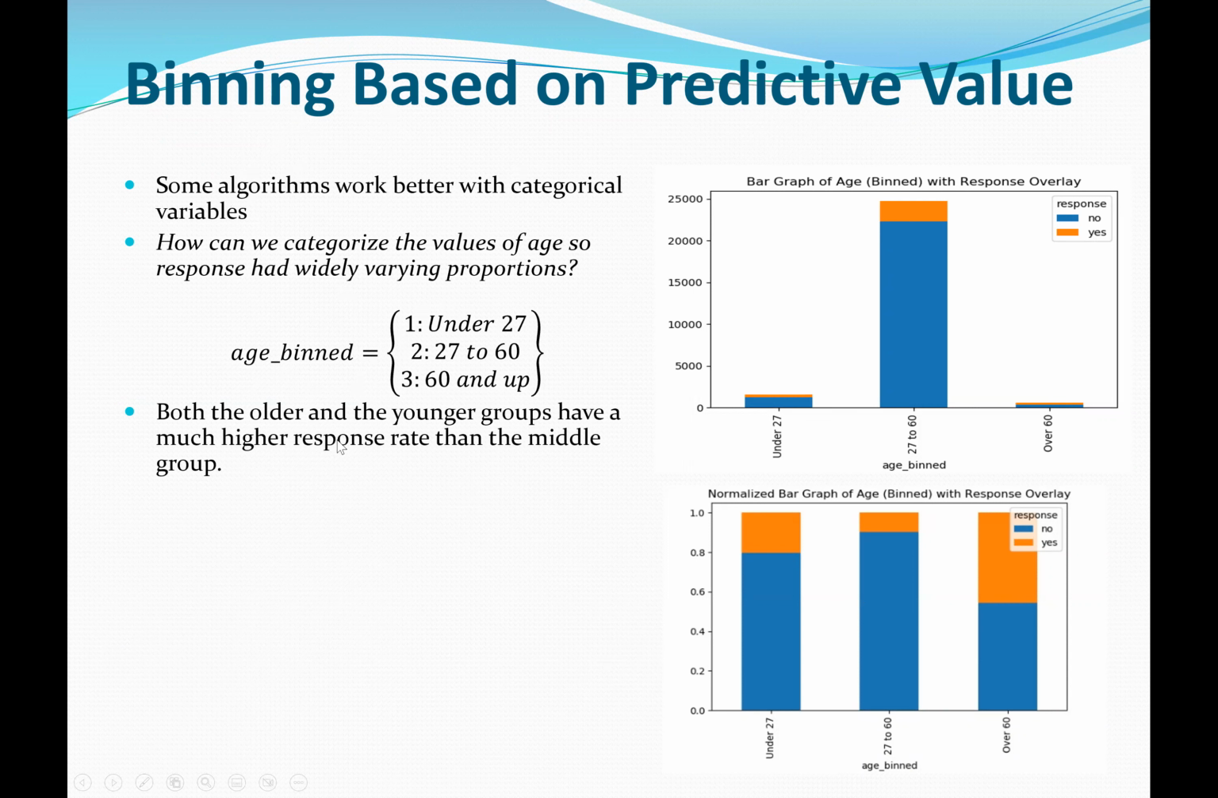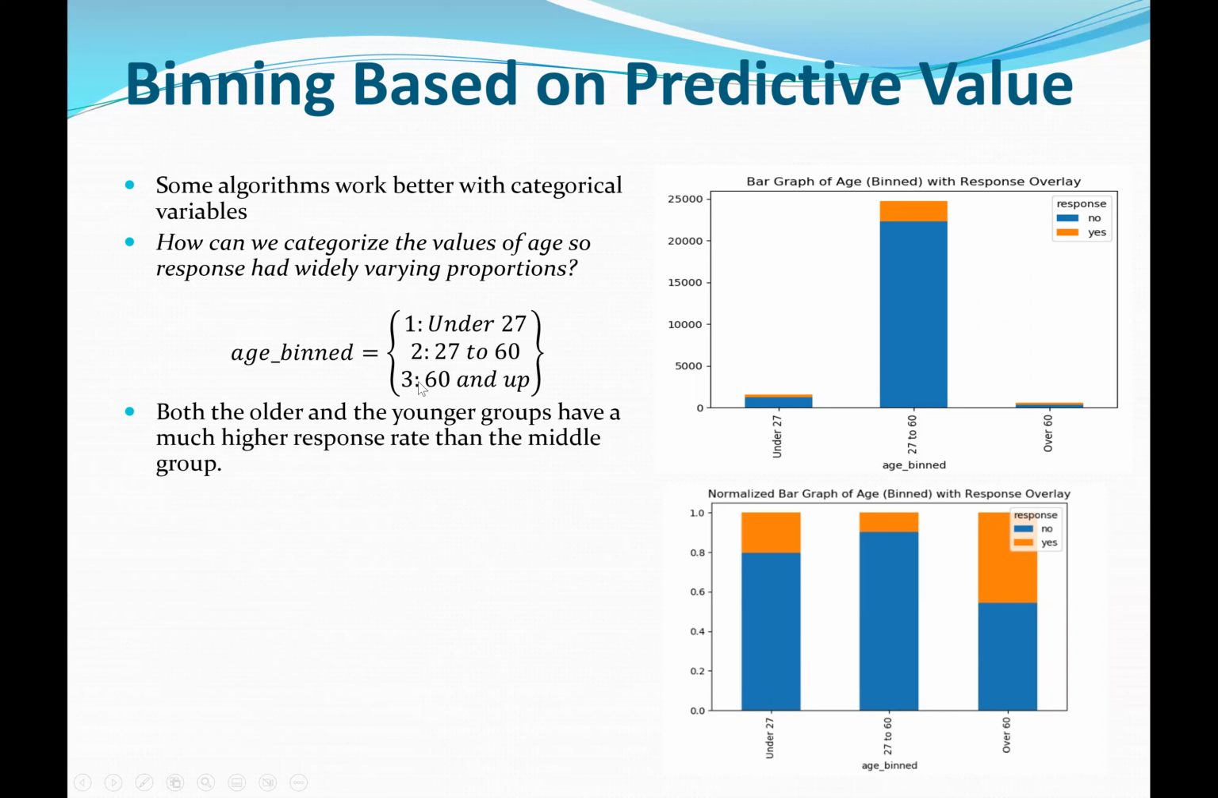So we say some algorithms work better with categorical variables. Now, how can we categorize the values of age? So response will widely vary proportion. The goal of binning, in data science, we also use the term discretization. So I may have values of age in quantitative form, a value I can convert to a categorical. So I can say, okay, age, and that's what we have here. If you are between the age of 0 to 27 is 1, 27 to 60 is 2,